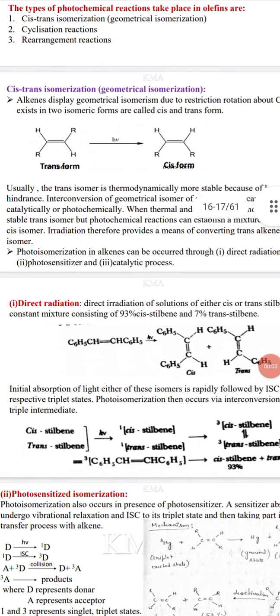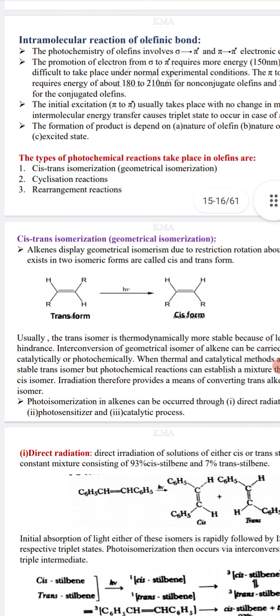Hello students, now we shall see the intermolecular reactions of olefinic bond, that is alkenes. We have already seen the electronic excitations. We have 4 types of electronic excitations, but in case of olefins or alkenes, it involves only 2 types: sigma to pi star and pi to pi star. As the electronic excitation of sigma to pi star requires more energy, it is difficult to take place under normal condition. So it enables pi to pi star